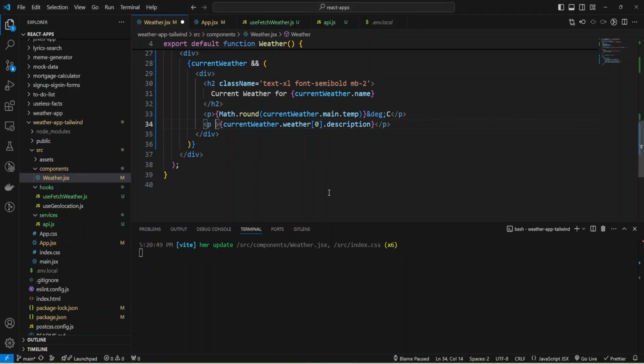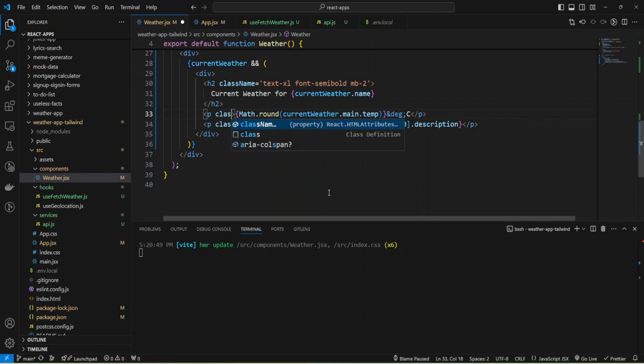Let me add some styles. Class name will be capitalized. And let's add some styles for our degrees. And let's add some bigger text, XL, and add font bold.